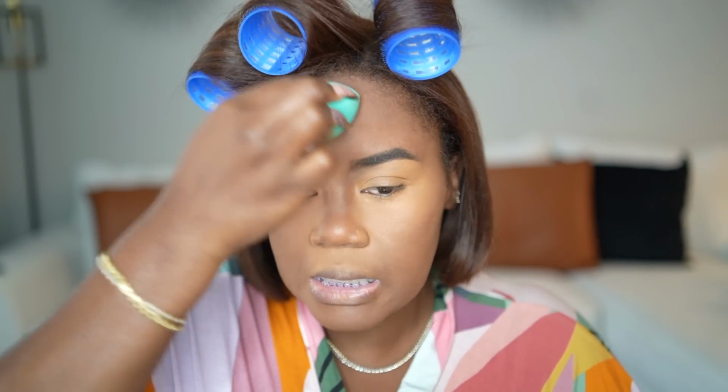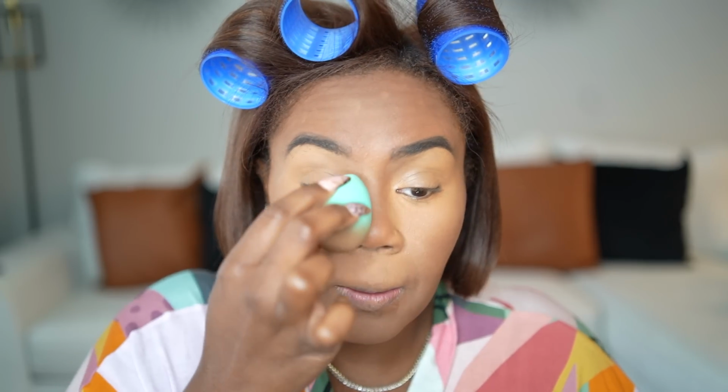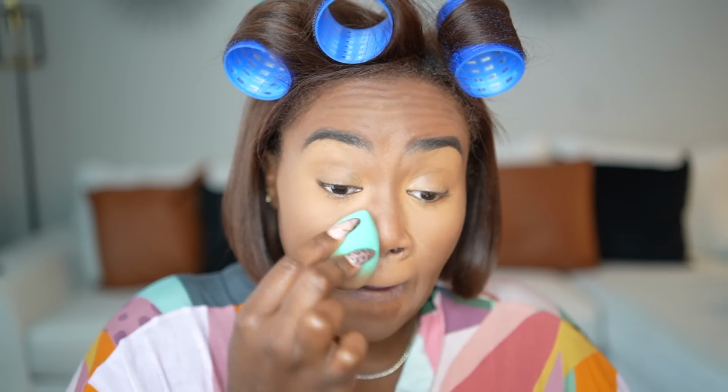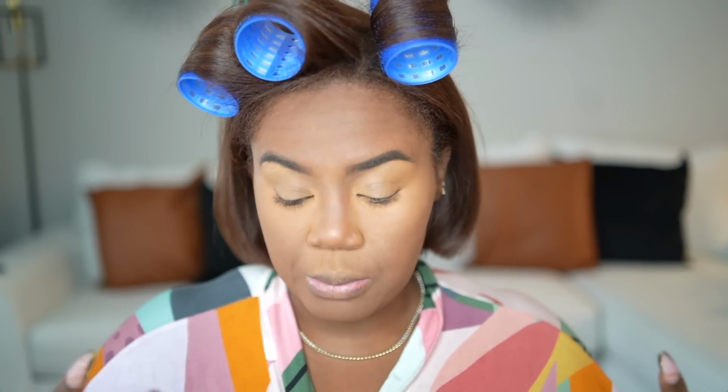And as you can see, I'm just literally pressing it in. You gotta press it in to lock in that cream or liquid or whatever you used. And go down the sides of my nose, and we're all set. I wasted a lot of this stuff on this table, oh my goodness. All right, so now that everything's all set and we are extremely matte,